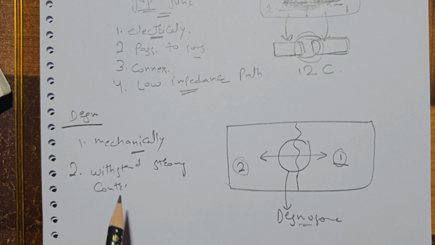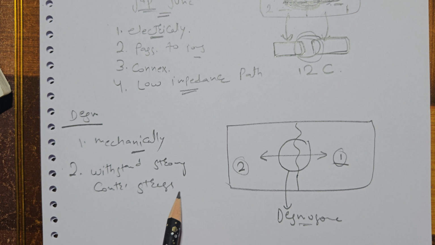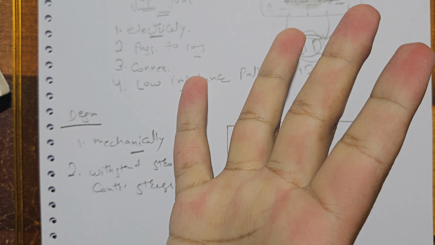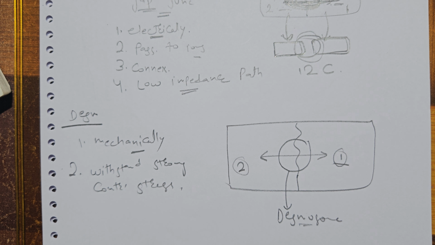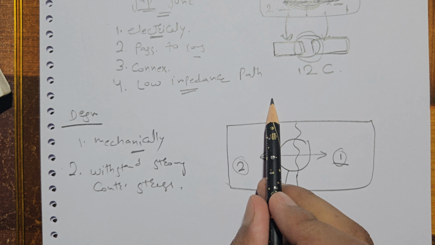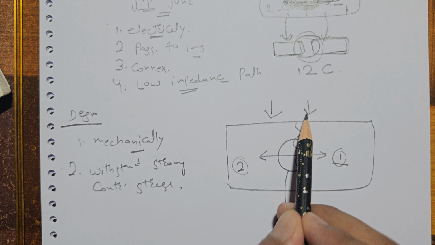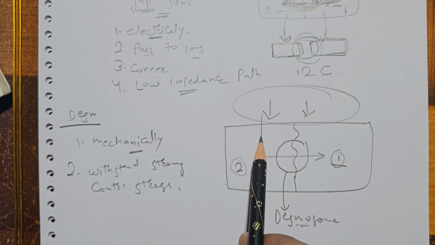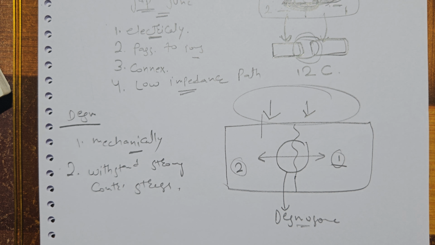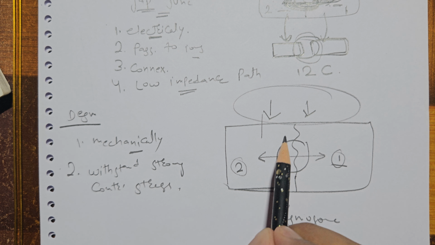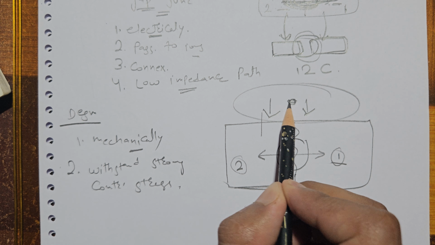Clear? Number second point, due to this mechanical connection, these cardiac muscle cells can withstand strong contractile stress. Clear? We know the function of heart tissue or heart muscle is to undergo contraction and relaxation, also known as systole and diastole. During this contraction and relaxation, a very strong force acts upon these cardiac muscle cells, and the cardiac muscle is able to withstand this strong contractile force